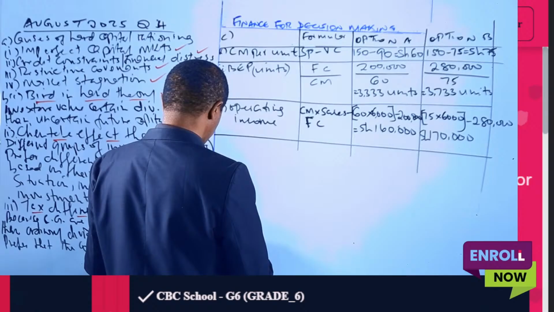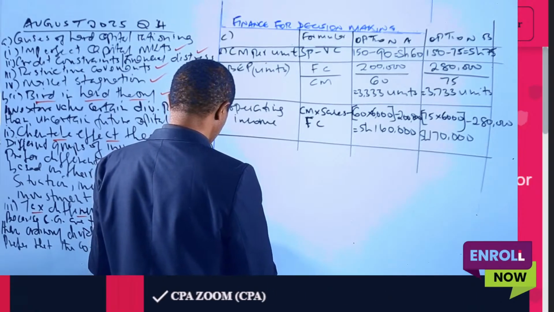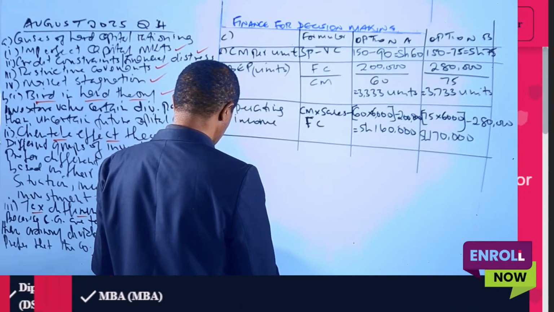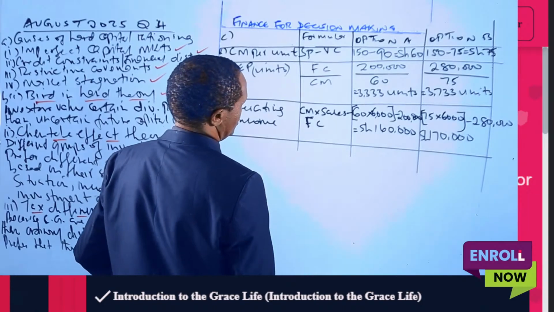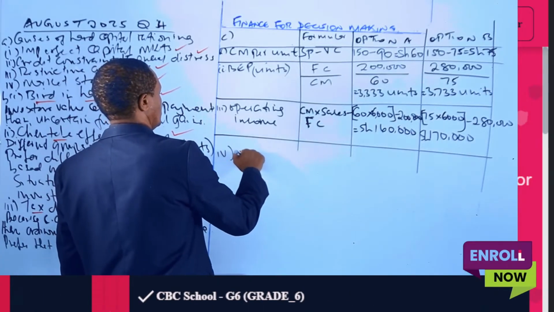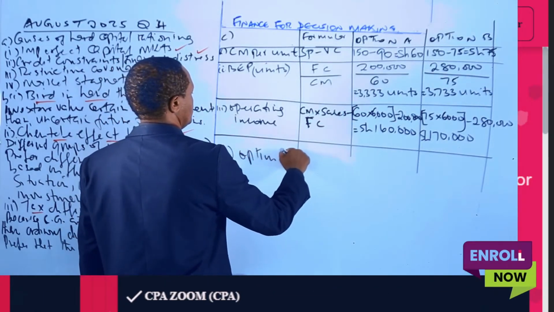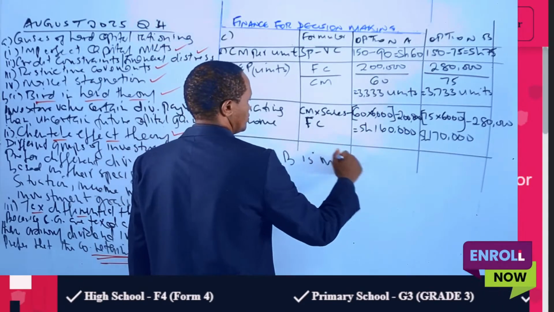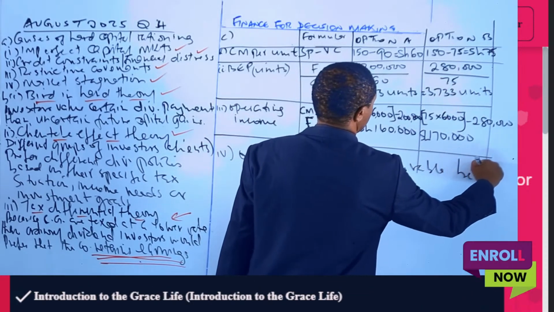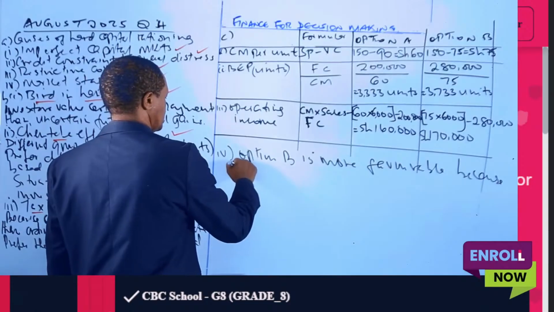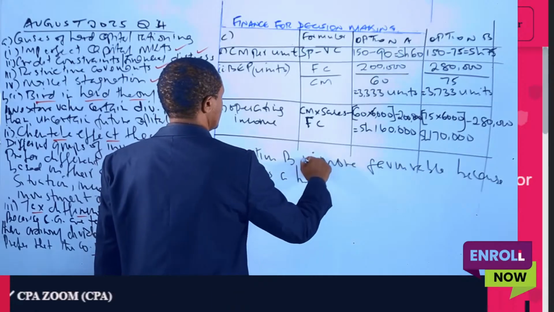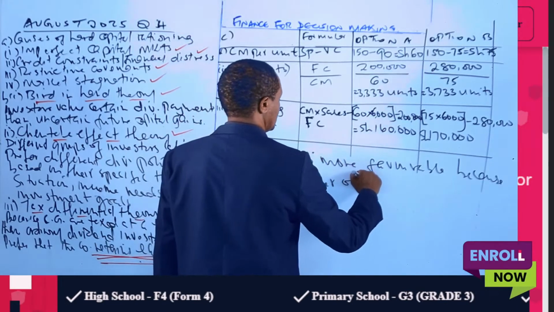Roman 4, advise the company on which option is more favorable and why. Definitely option B is more favorable. Number 4, option B is more favorable because it promises a higher operating income